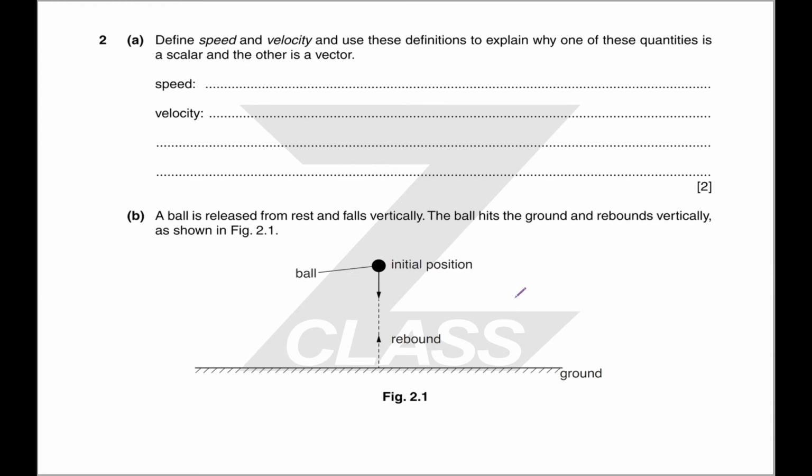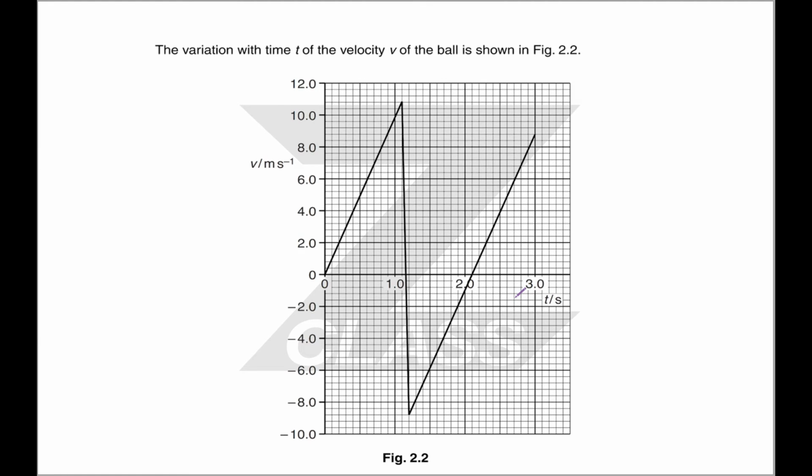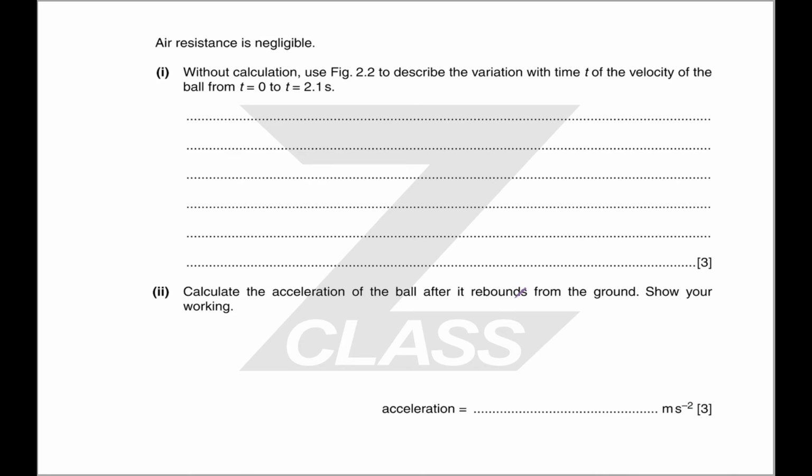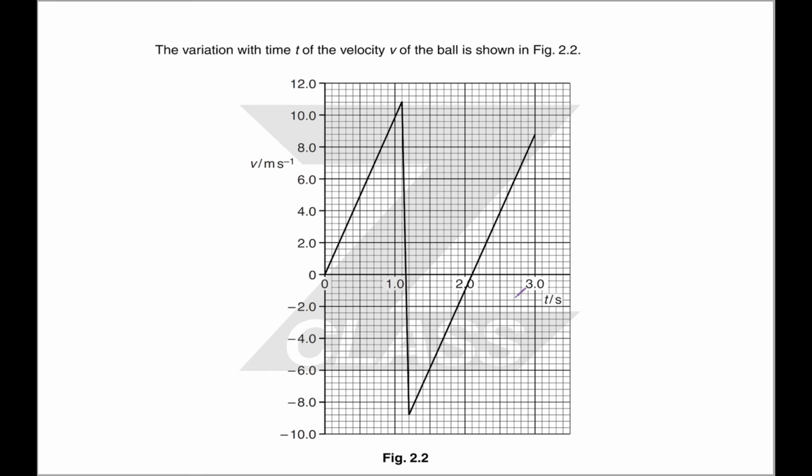Okay, we have a bouncing ball. Excellent. Its velocity looks like this. Marvelous. Air resistance is negligible. Without calculation, use figure 2.2 to describe the variation with time t of the velocity of the ball. Okay, so to 2.1 seconds. So 2.1 seconds is here. So this is the ball falling, it bounces, and then it